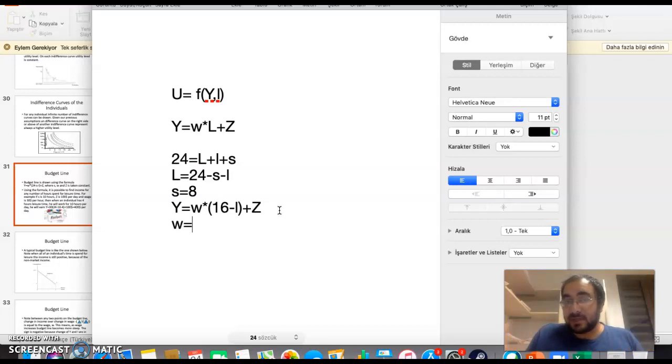Our individual will just decide how much he or she will divide time between leisure and labor, taking S also as constant. So if W is $6, for example, and Z is, let's say, $20, in that case,